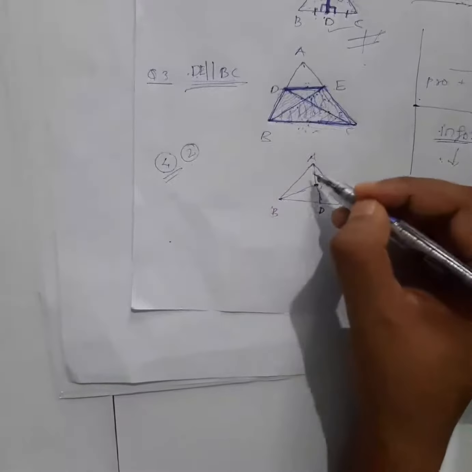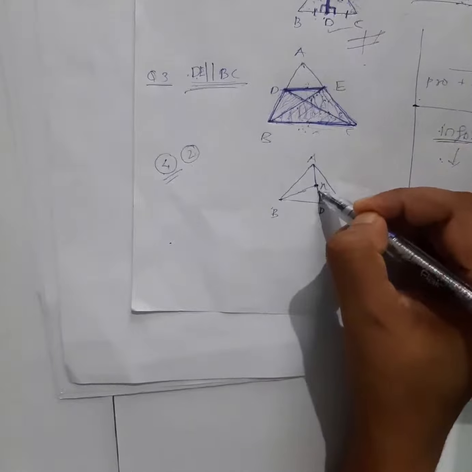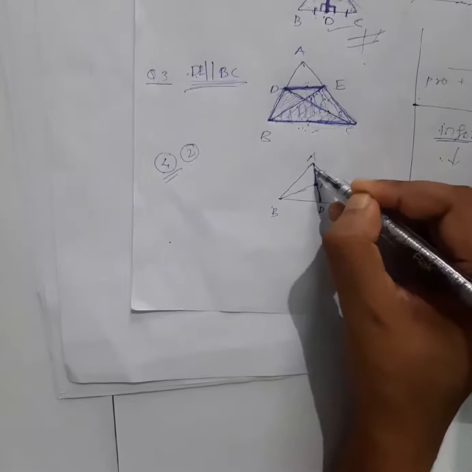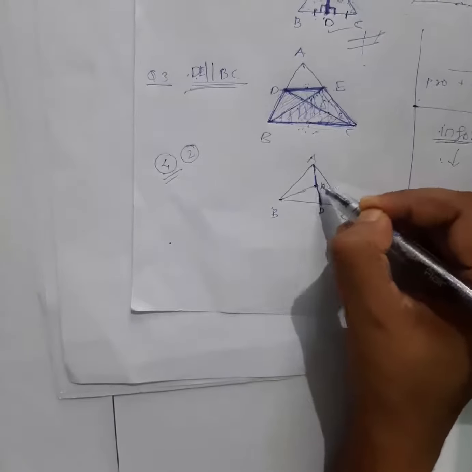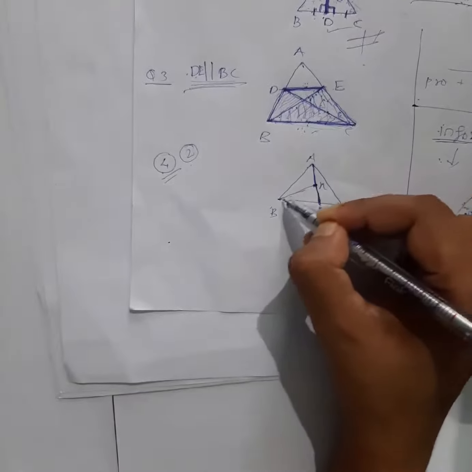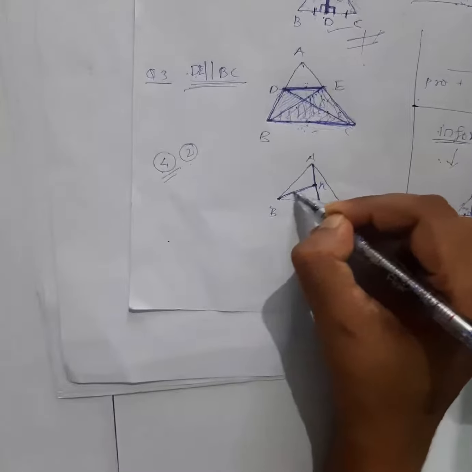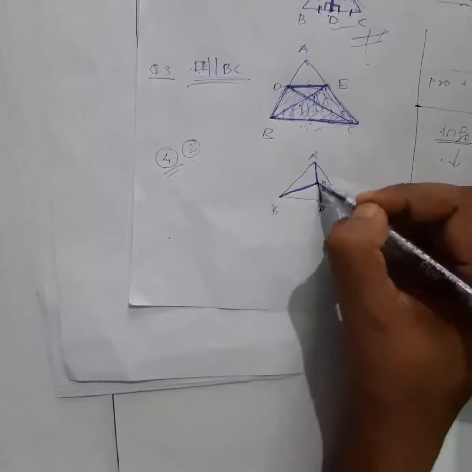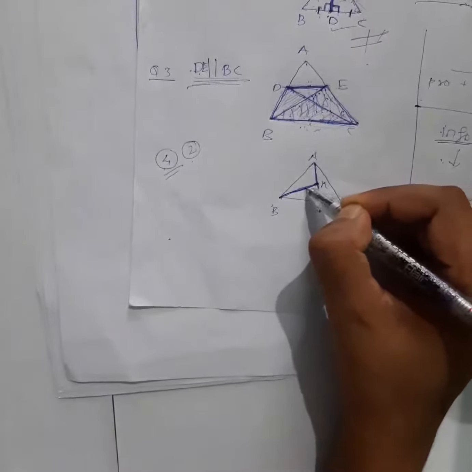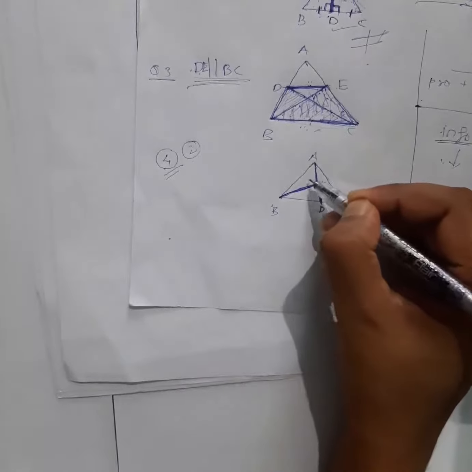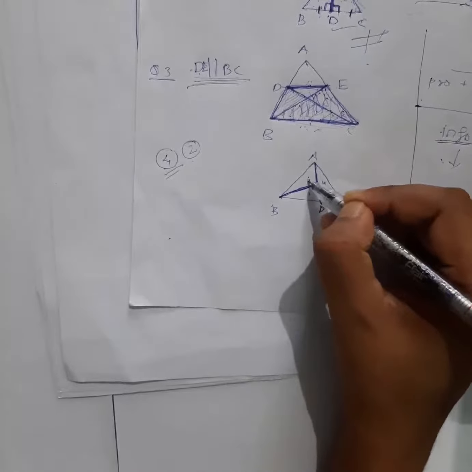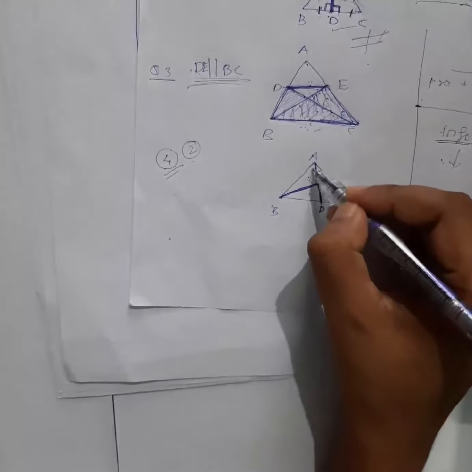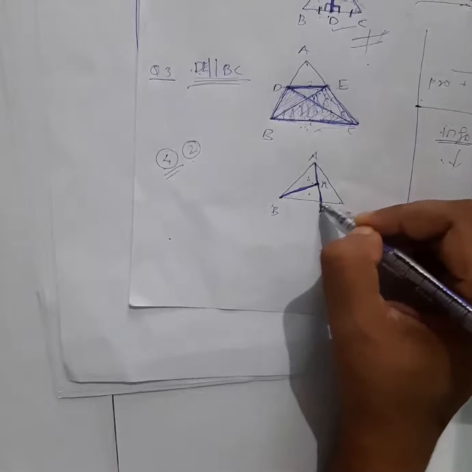Now why 2 marks you will understand. This is a very simple question. It was given that X is the midpoint of AD, right? If this is the midpoint, what is this line? Median, obviously, because from a vertex to the midpoint of the opposite side it is nothing but a median, and we know that a median always bisects the area of a triangle. So you have to show this area is equal to this area.